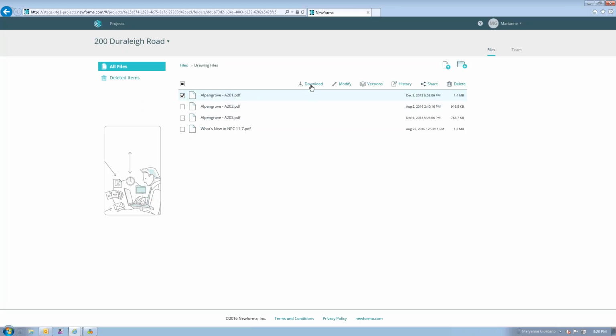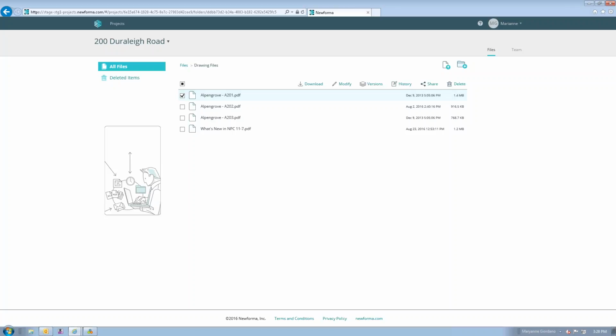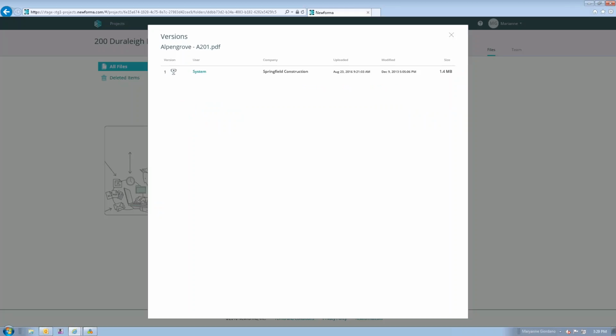If I click on one, I can download it directly. I could modify the file, so I can modify the name of the file if I want to. I can also look at the versions. So imagine if I had a file in here and someone had downloaded the file and changed something and uploaded it with the same name. I would be able to see all of those changes and all of those versions of those files